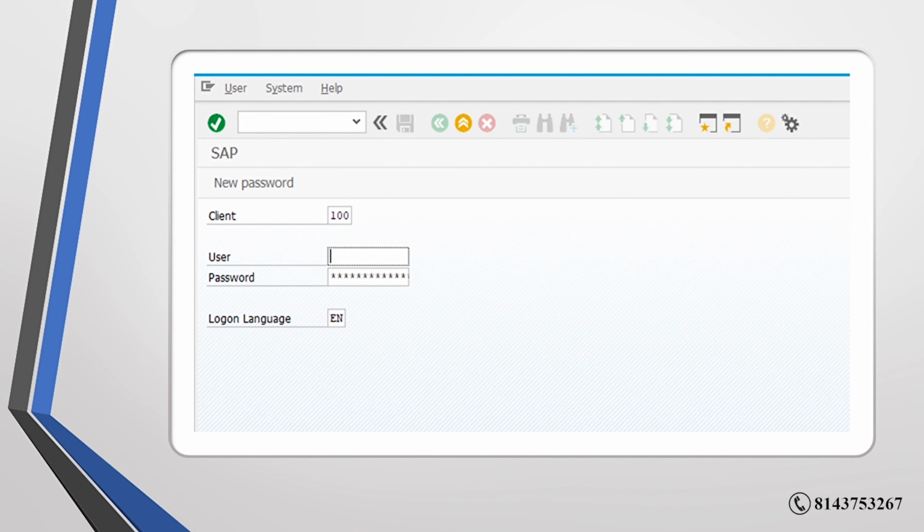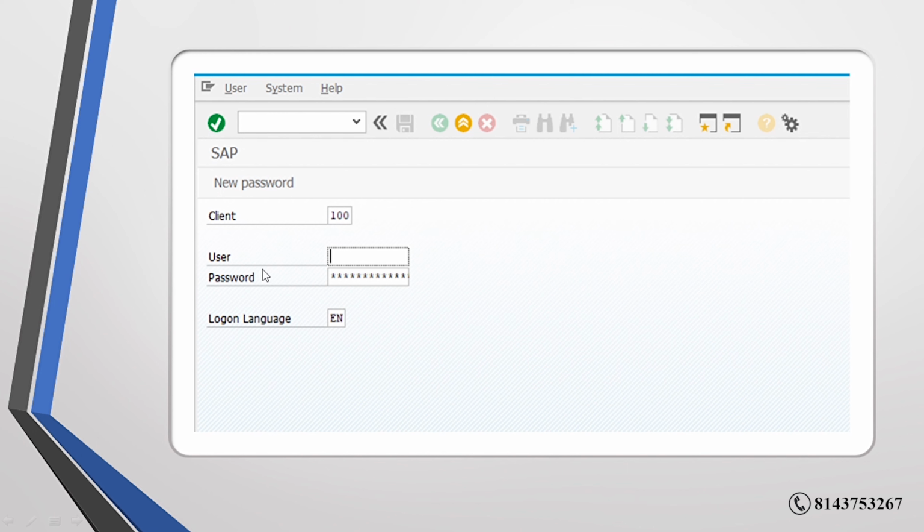So see here what it is called. First one is client. Client is basically called an instance of a server. Instance means it is one piece of the server where we can do our own things. There are two different things: client dependent and client independent. It is decided on the basis of these client numbers only.